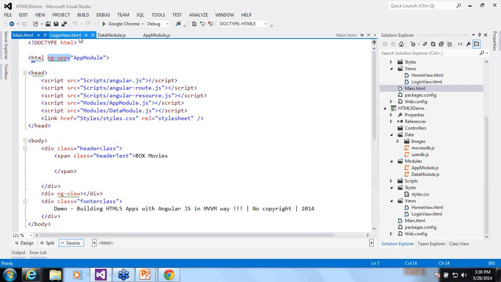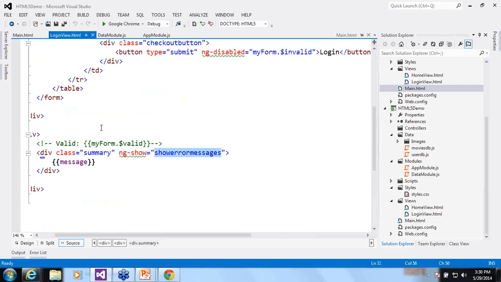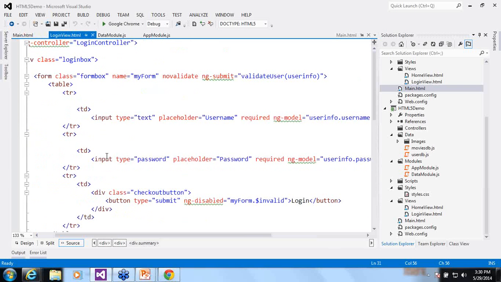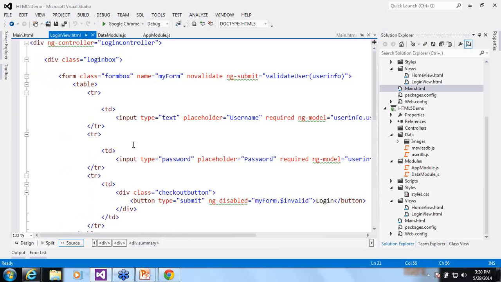Now when you go to the next view, the functionality was working because we had bound the parent element to the login controller object, which is bound through the ng-controller directive. So this is going to make all the functions and the objects available through scope to our login page.